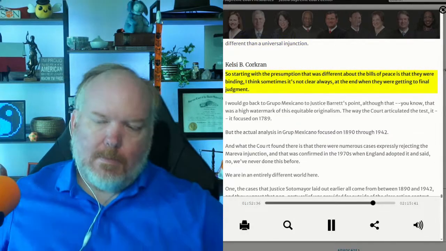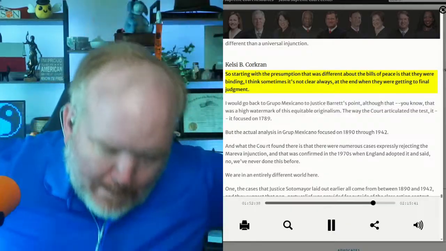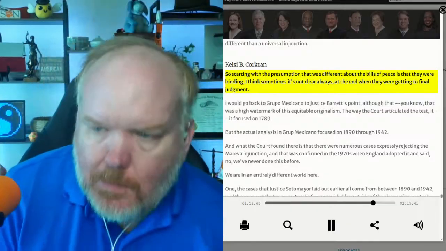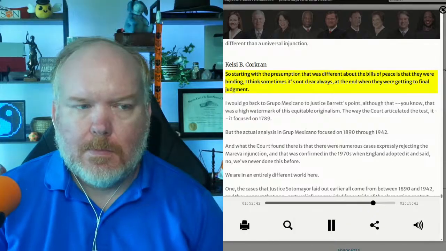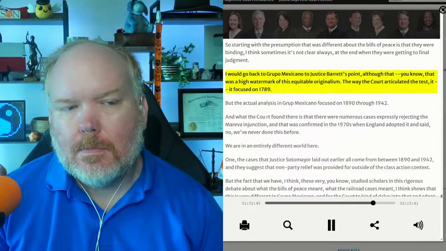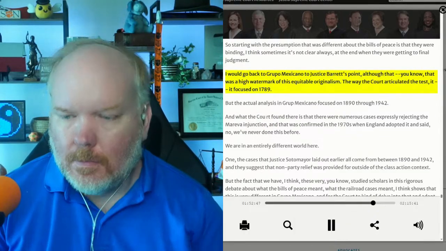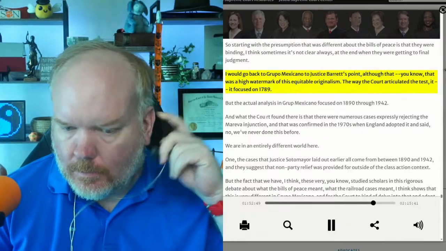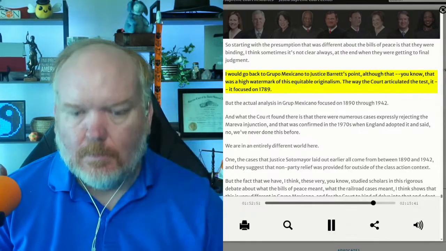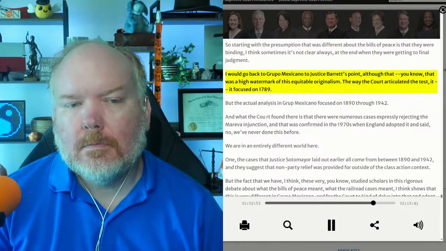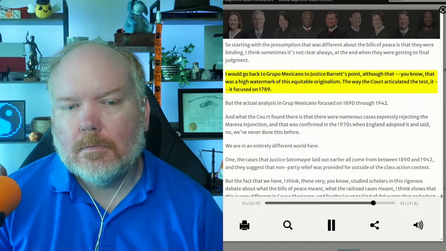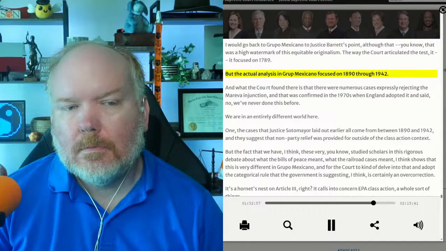So starting with the presumption that was different about the bills of peace is that they were binding, I think sometimes, it's not clear always, at the end when they were getting to final judgment. I would go back to Grupo Mexicano, to Justice Barrett's point, although that was the high watermark of this equitable originalism, the way the court articulated the test, it focused on 1789, but the actual analysis in Grupo Mexicano focused